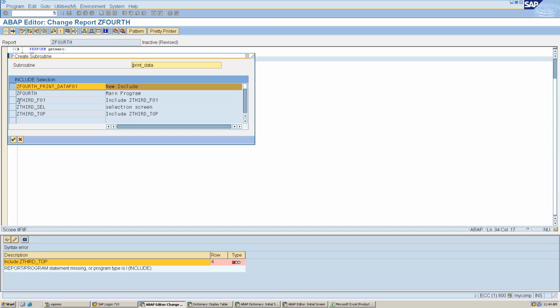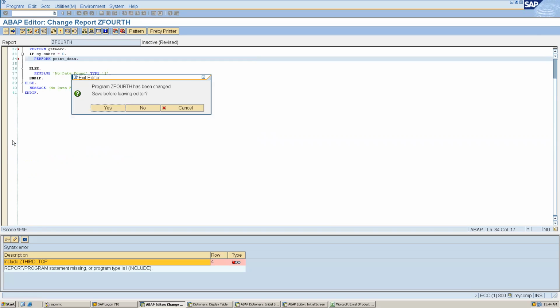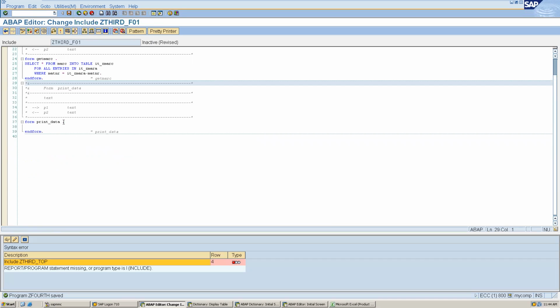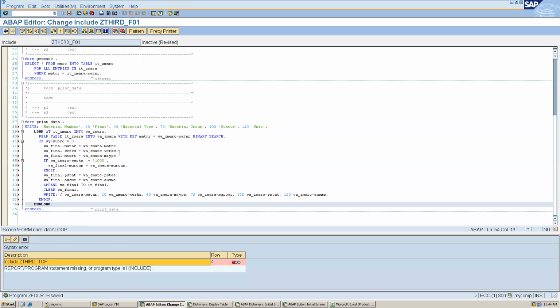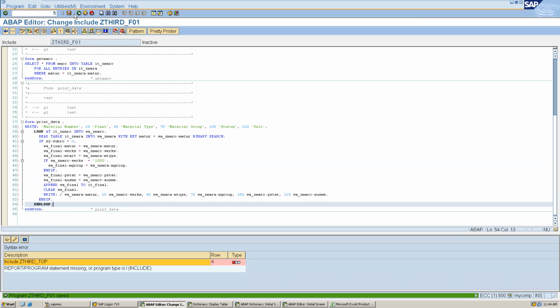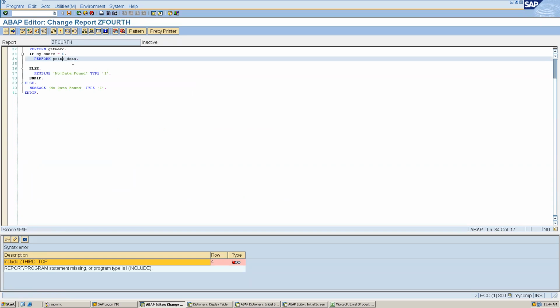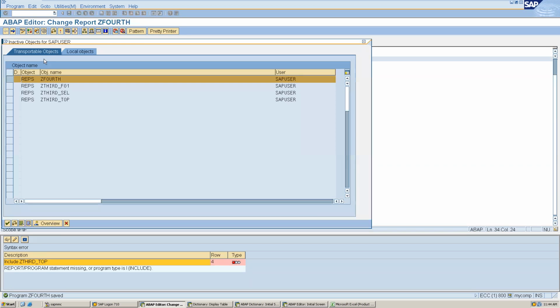And here I can select this F01. Yes. Here you can see I have copied all my logic, and I want to keep it like this. So let's try to activate now. I am selecting all.